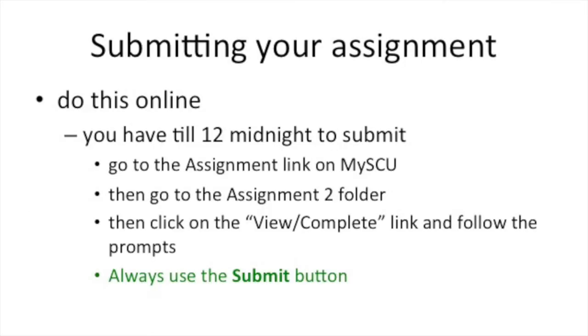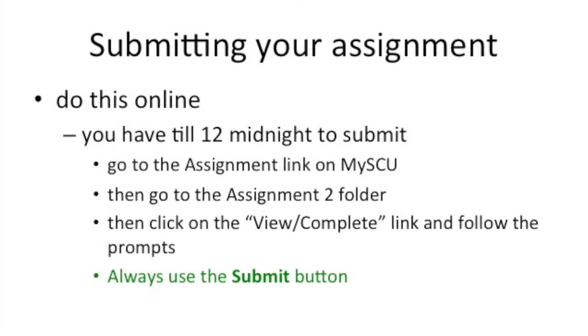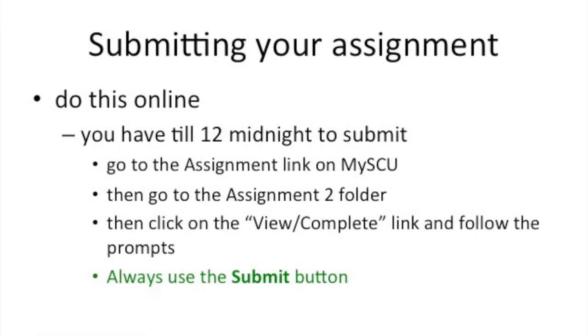Basically, this assignment is going to be submitted in a different way to assignment 1. You're going to submit this online. If you go to the assignments link on MySCU for this unit, you'll find a folder there for assignment 2.